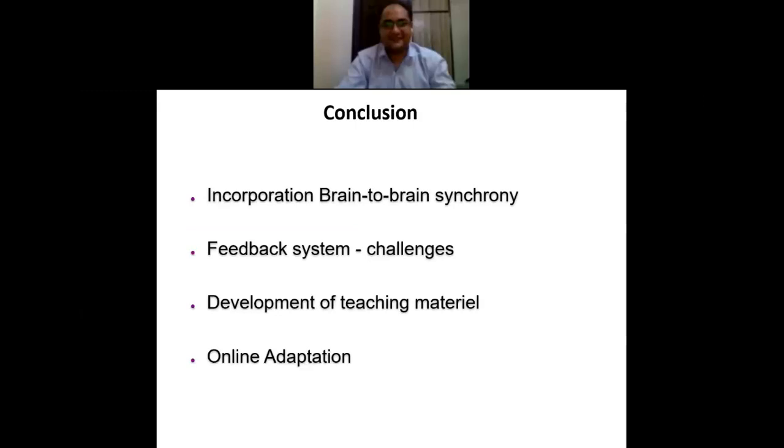The incorporation of brain-to-brain synchrony is, for me, highly interesting, and we look for ways of seeing how it could be done. Again, as I mentioned, the paper shows the proof of concept, but it was done for a very small group, about 4 students, and we would be interested to see how to bring this to a bigger classroom. The feedback system has some challenges, but I still believe that it's doable, especially when we look